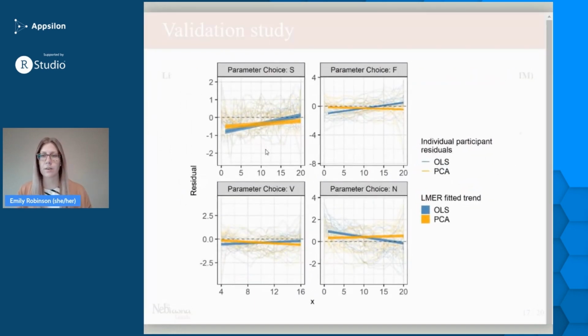Here we can see results from our study. They were consistent with those found in the previous study: when shown points following a linear trend, participants tended to fit the slope of the first principal component over the slope of the least squares regression line. This trend was most prominent when shown data simulated with larger variances. Parameter choices F and N had a much larger variance than S and V. And we can see that the residuals are following a lot more of that horizontal y equals 0 line, which means that they're following that line